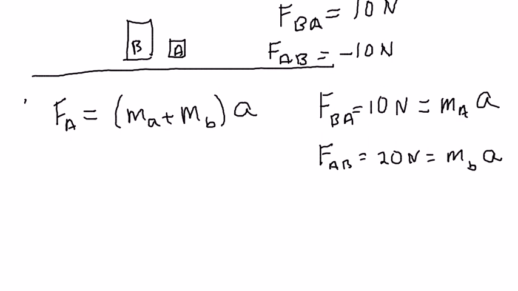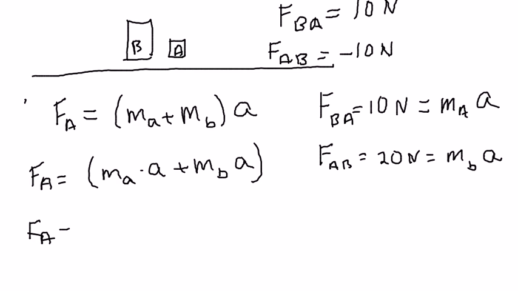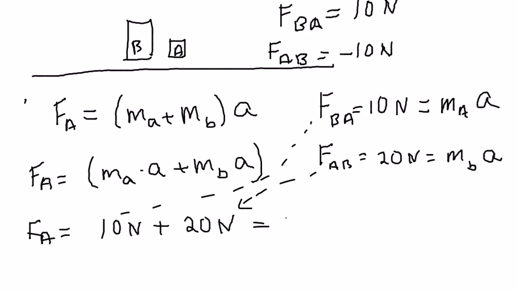So if I look here, I have the applied force is equal to, and I'm just going to take that a and bring it inside, mass of A times acceleration plus mass of B times acceleration. And you see I have that over there, so that I know the total applied force is equal to 10 newtons plus 20 newtons. This coming from there, this coming from there. That gives me a force of 30 newtons